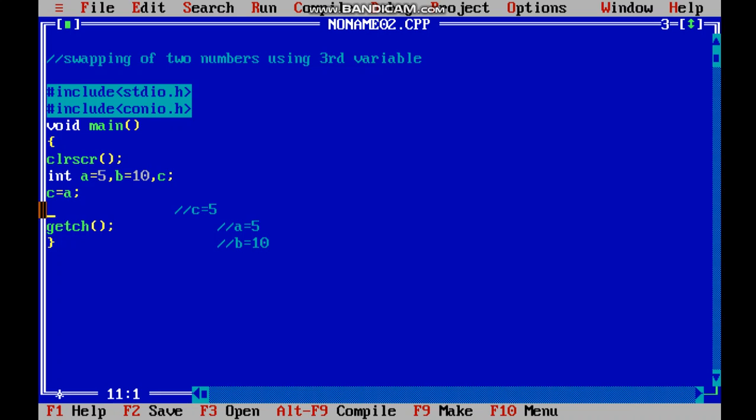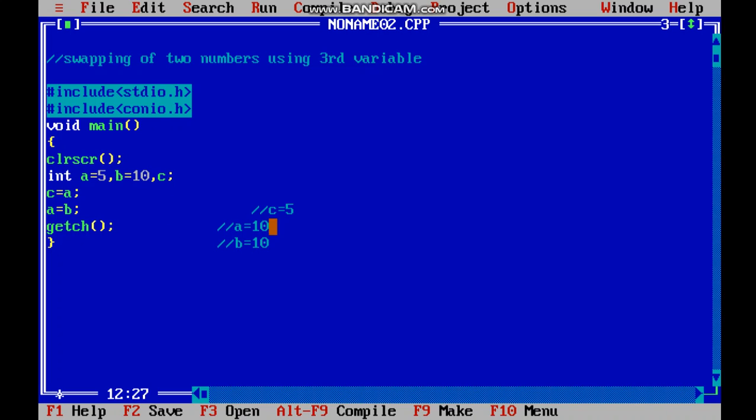Now we saw there are two variables having the same number, C and A. Now in the next step, we don't need a to be 5, we need a to be 10, right? Let us initialize a equal to b because we need b's value to be in A. As I initialize a equal to b, a will lose its value 5 and it will store b's value, because I told you the right part's value gets stored in the left side. As a had the value 5, it will lose its original value and now get the value of b, that is 10.